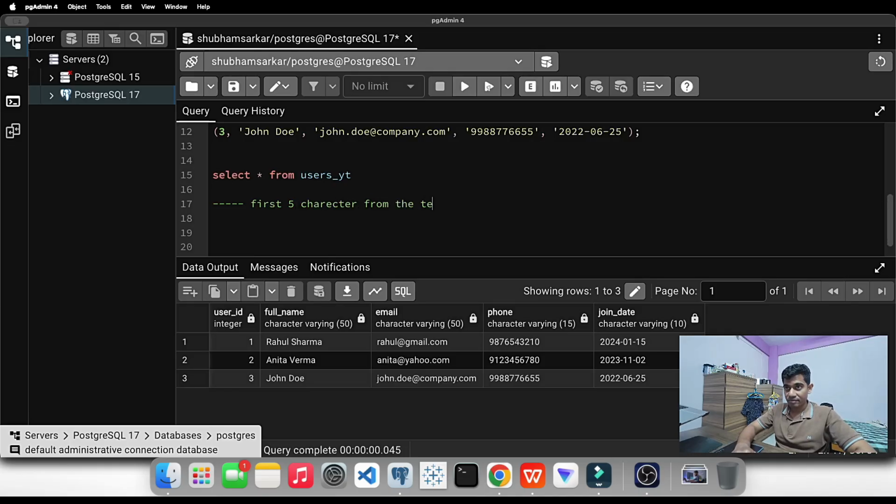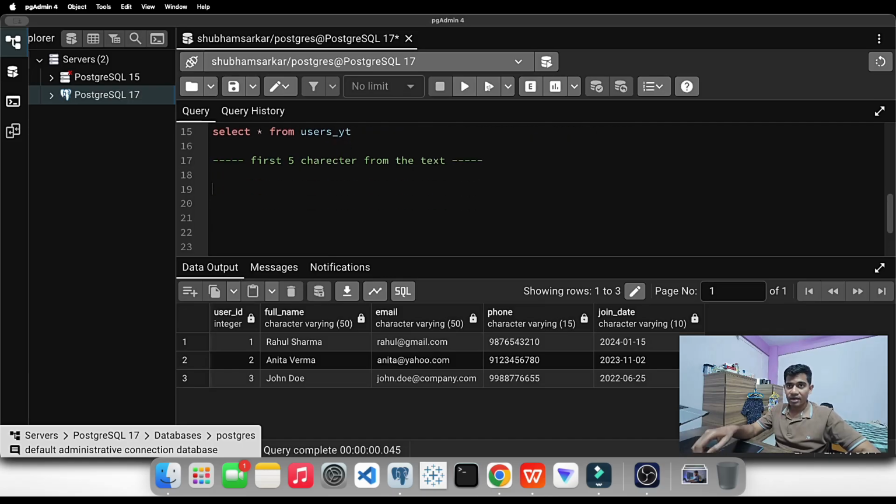5 characters from the text, okay. Let's find that out. And how will I find it out? Simple, I will write select, and let's do one thing. Let's keep it in comparison mode. That means I will write the full name here, then substring